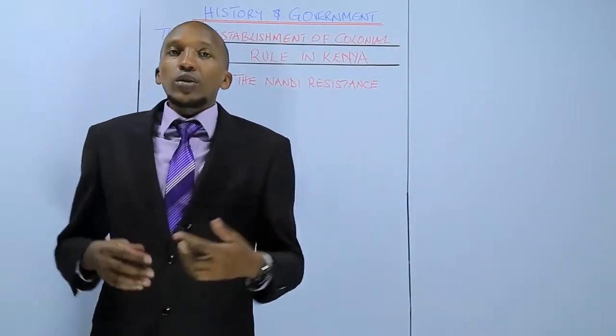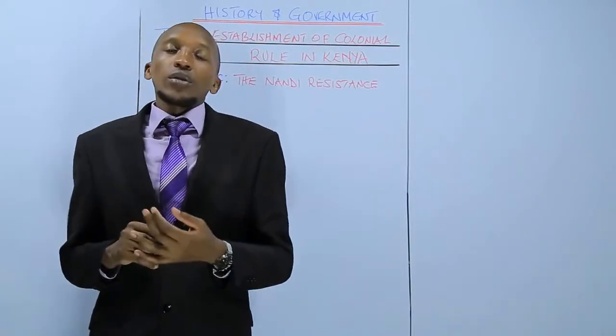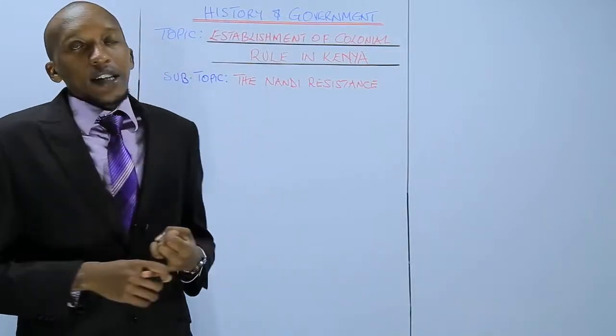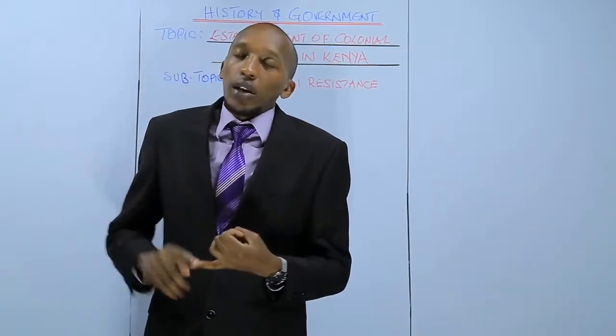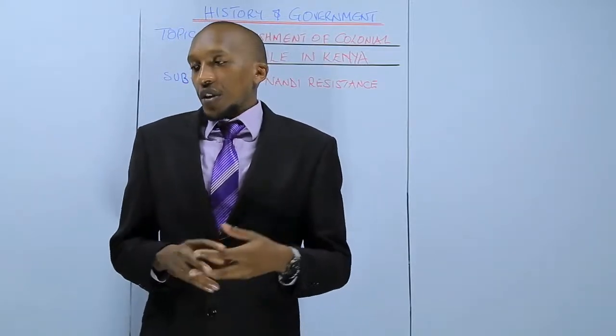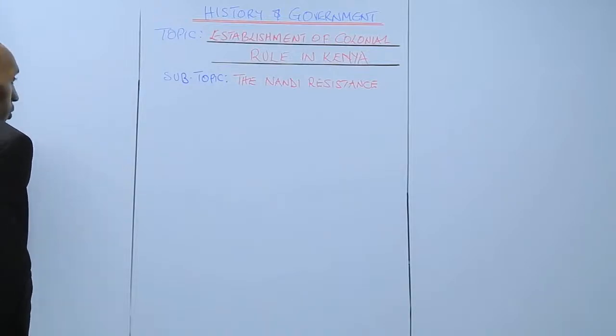So in our today's lesson, we are going forward to learn the factors or the reasons that led to them being defeated. That is one. And then number two, the results of their resistance against the British. So allow me to start with the first part, which is